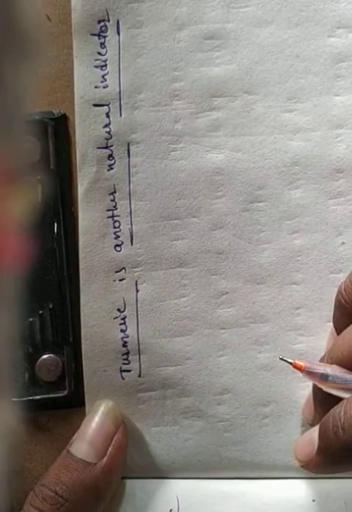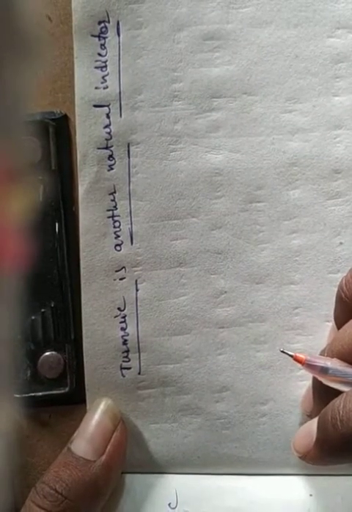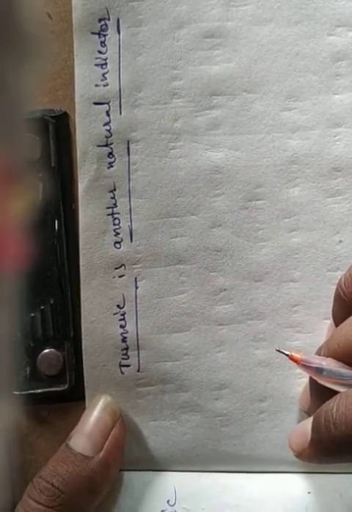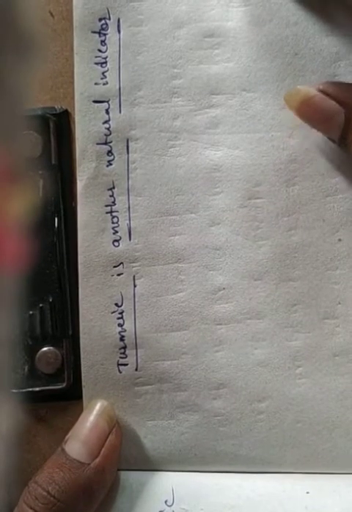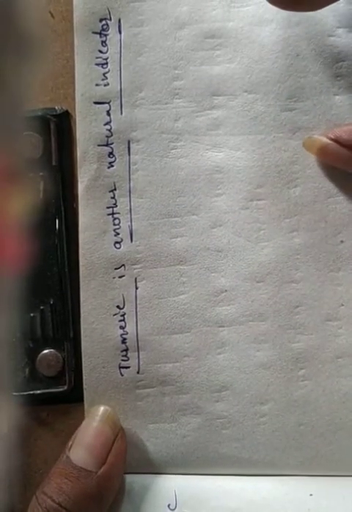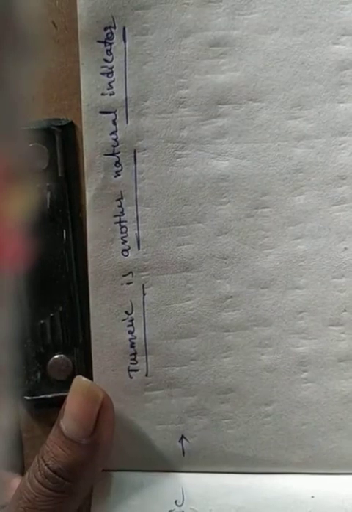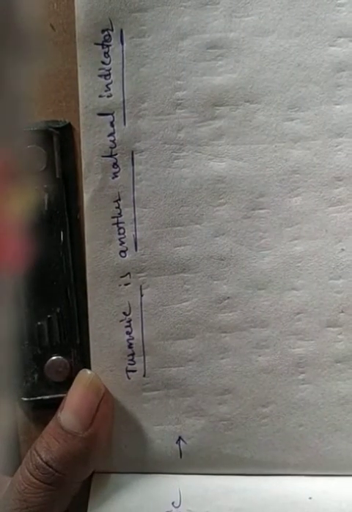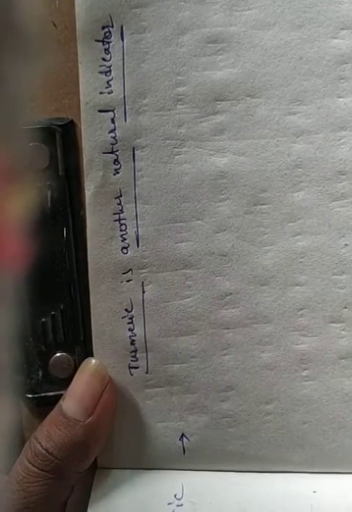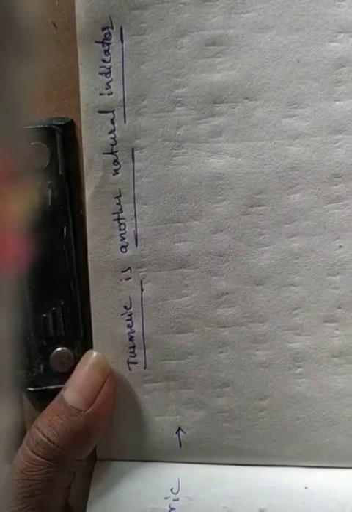Take a tablespoon of turmeric powder, add a little water and make a paste. After that, make turmeric paper by depositing turmeric paste on blotting paper or filter paper and drying it. And cut thin strips of the yellow paper obtained.